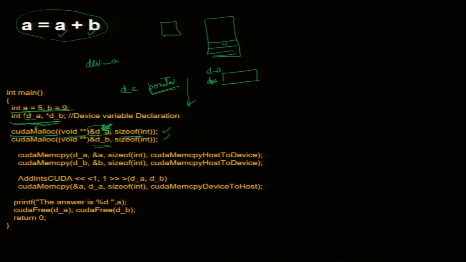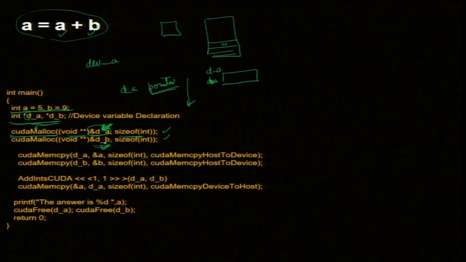So, I am getting these two pointers by this function. I need the address, because otherwise the CPU does not know how to direct the GPU to do some computation. It needs to know where the numbers are. That is why I need to create and get the address.